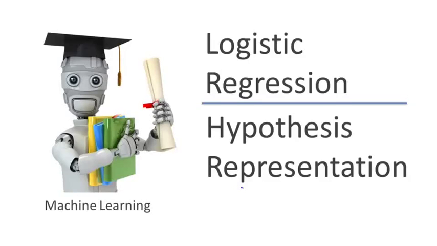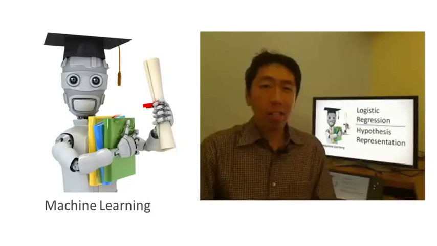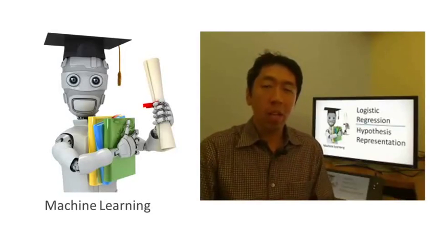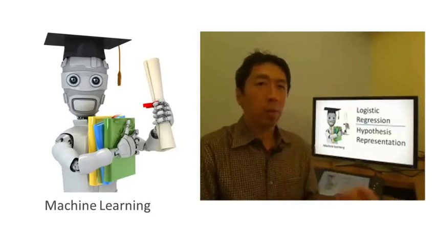Let's start talking about logistic regression. In this video, I'd like to show you the hypothesis representation. That is, what is the function we're going to use to represent our hypothesis when we have a classification problem. Earlier, we said that we would like our classifier to output values that are between 0 and 1. So we'd like to come up with a hypothesis that satisfies this property, that its predictions are maybe between 0